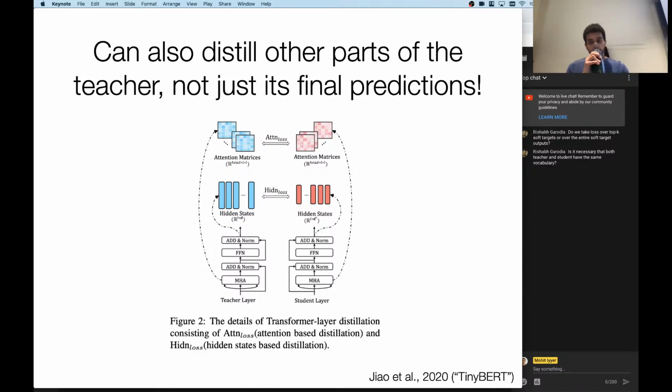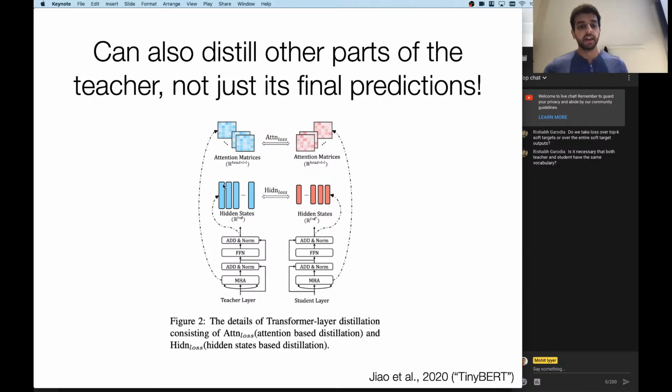Yeah. So here you have 2 dense vectors, right? They're no longer distributions. So you have the teacher's hidden state and the student's hidden state. You can compute the L2 loss or the square loss, and add that as a term to your loss function to do this